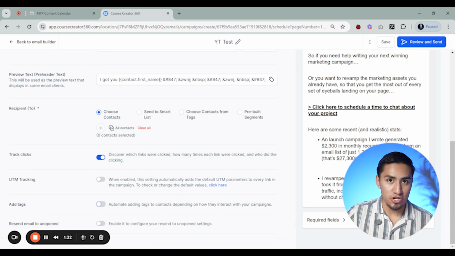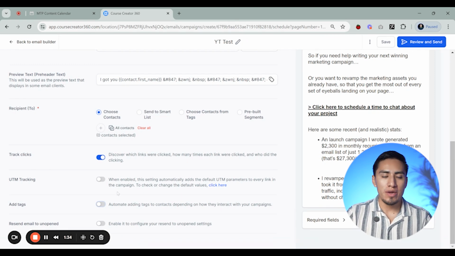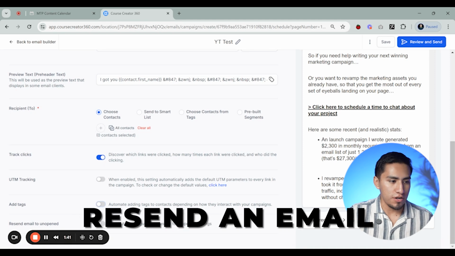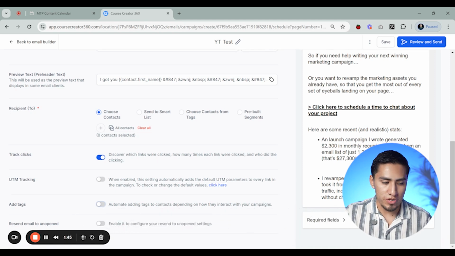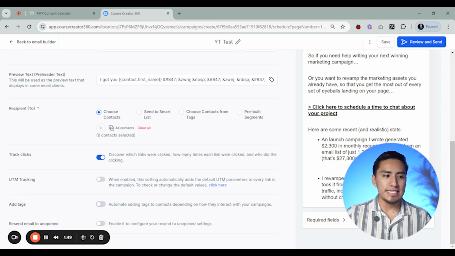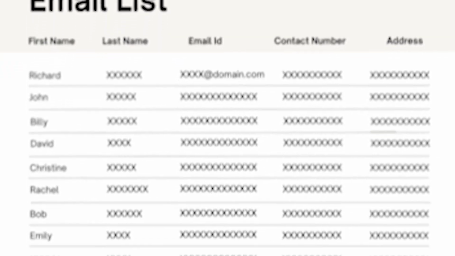And I'll share with you why that's important and why you may want to add it inside of your workflow. And then the other option is to resend email to unopened subscribers. It pretty much goes without saying, but I'll also share a couple of ways that you can use that tool as well. And so for the tagging option, previously, let's say you have different audiences inside of your